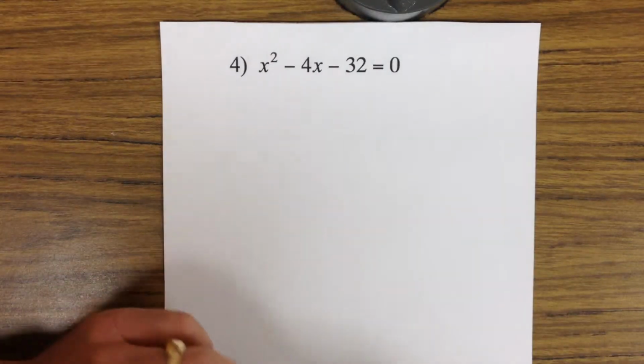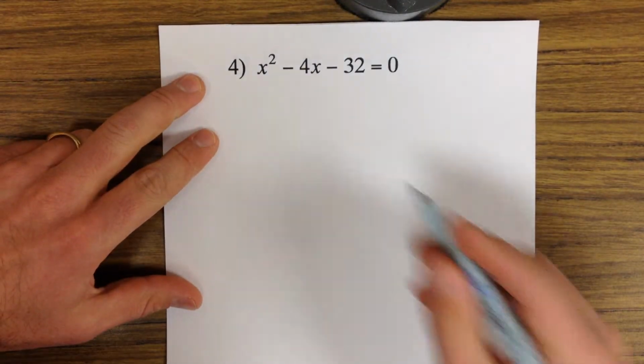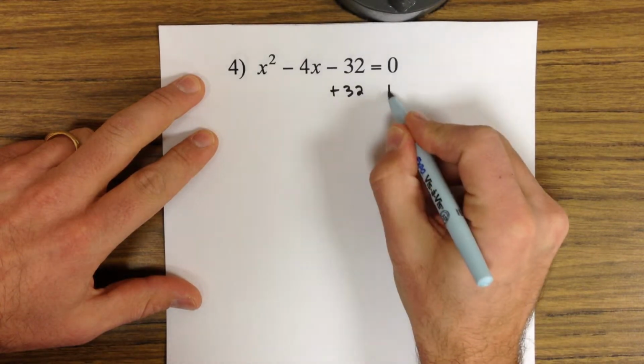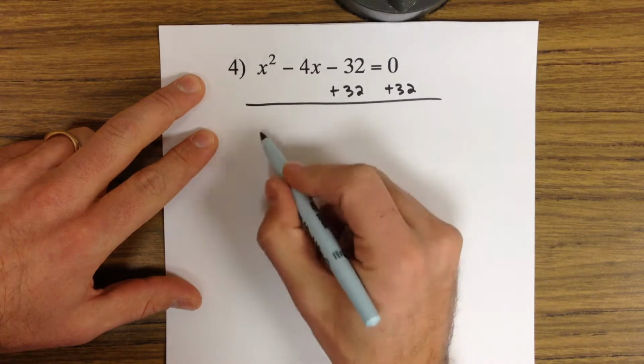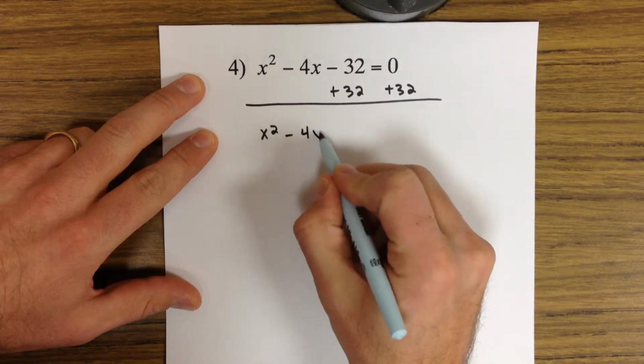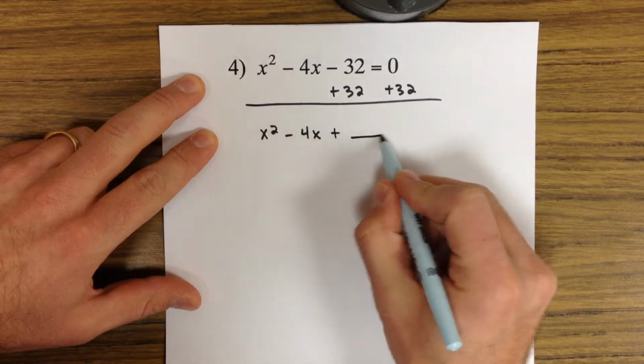Okay, for number 4 and 5, I'm going to go a little bit faster. Kind of seeing what we need to do here. So we're going to add 32 to both sides. X squared minus 4x. Again, I know I'm going to add something